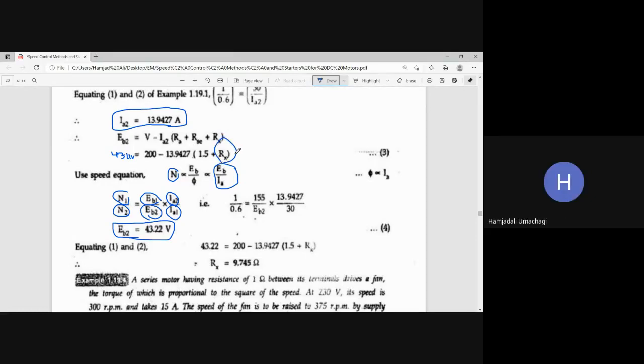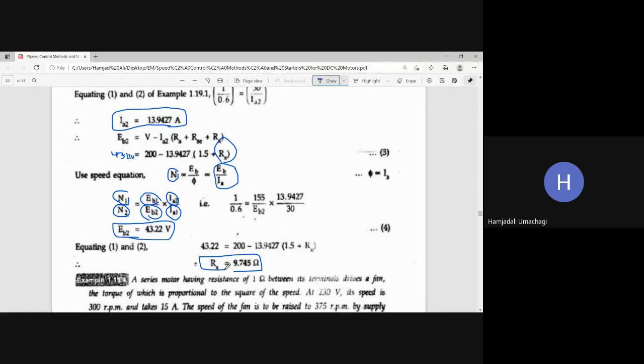So it is very simple to calculate Rx value from this equation number 3. If you solve this equation number 3, then the unknown Rx is going to be how much? Solve that equation 3, then Rx turns out to be 9.745 ohms. So initially, if it is 100 RPM, if I want to reduce that 100 RPM to 60%, meaning